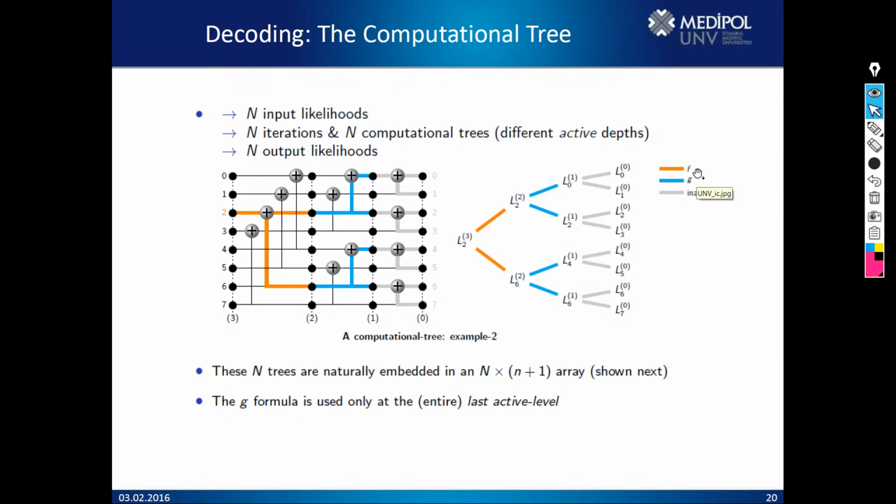These entries are naturally embedded in an n by n plus 1 array, which is shown next. Here you have your bits coming from this direction and the log likelihood operation. And this is really the most difficult part of polar codes, which is the decoding process. But since we are using the kernel functionality, and the kernel uses